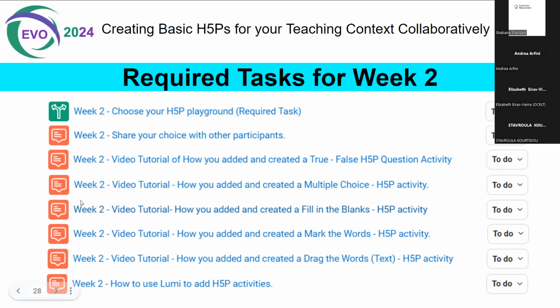Right now, Online Courses for Free is experiencing a malfunction with the H5P interactive content. It's not working at all, so I don't know if we'll be able to use that one. And the last one is how to use Lumi and add H5P activities. Those of you that run Google Suite can link to Lumi and have your H5P there. It's not ideal. It's better if you're on a Moodle platform, because you can see and track your learners' progress, whether they did it or didn't.